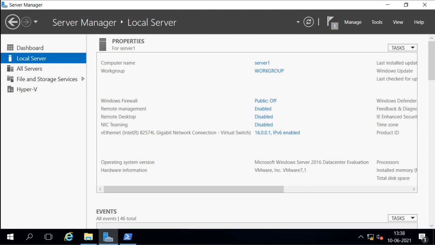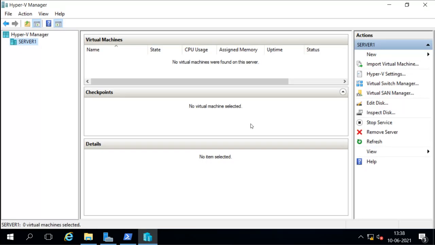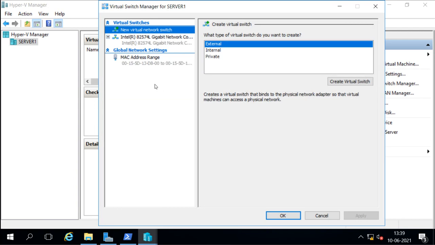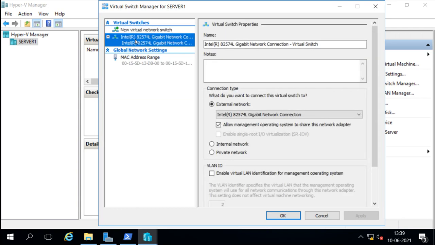And now I will create a virtual machine here. First, before creating the virtual machine, you have to make sure that the virtual switch is already there. And actually the virtual switch is already created because I created it at the time of installation. I can check in the virtual switch manager, and I can see there is a virtual switch already there with this name, and this is the external switch, so that this virtual machine can communicate with other machines, other real or physical machines also. So I'm okay with it.